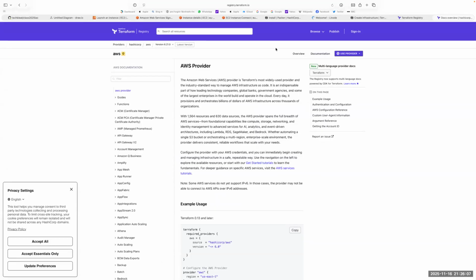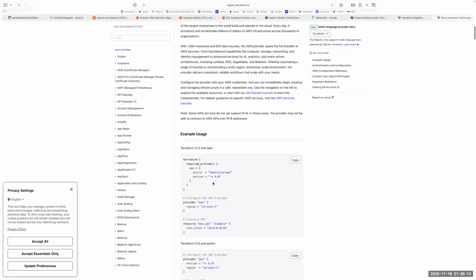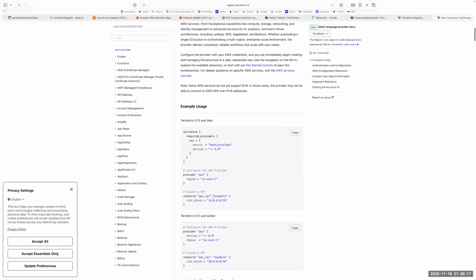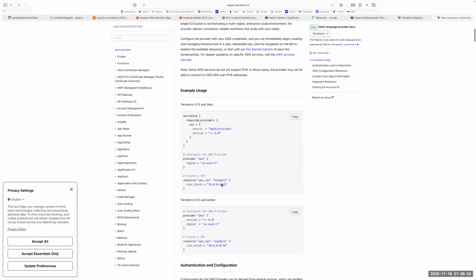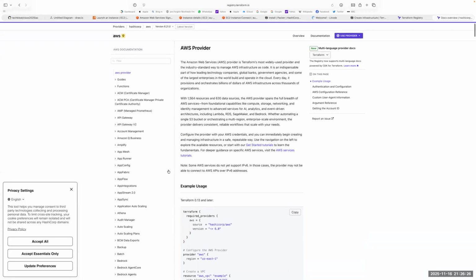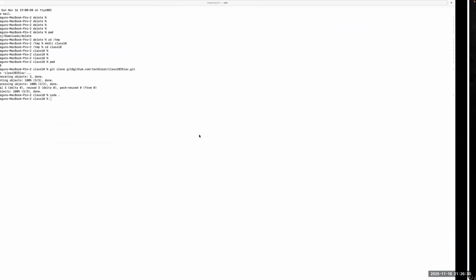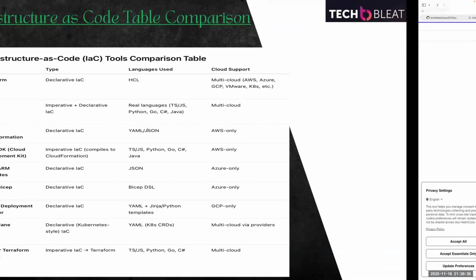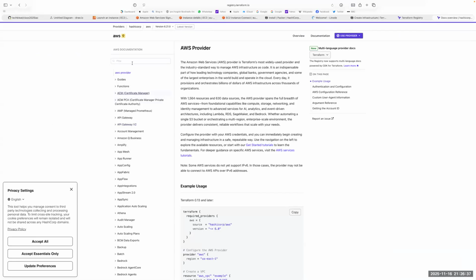Now, if you see here, this is documentation on how to use Terraform. So this is all the things I've been describing. And then this person is trying to create a network. There are many resources you can create: network, storage, VMs, and so on. Depending on what you want to use, in my case I want to create a VM. So VM creation is called AWS instance. The name of the resource is